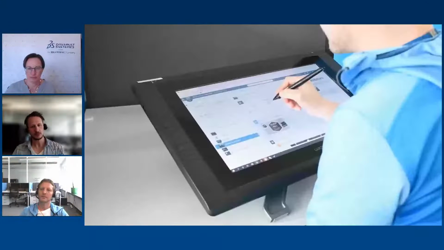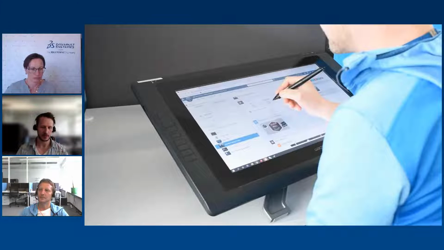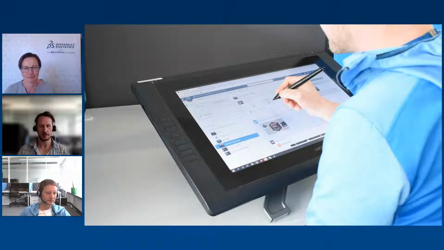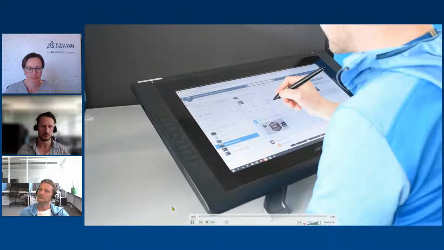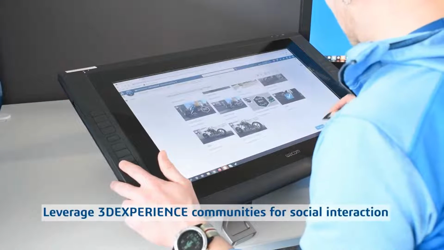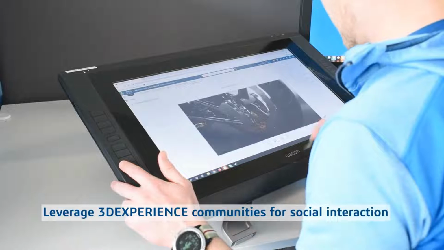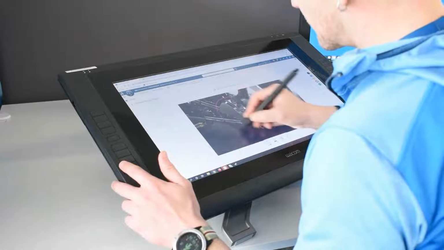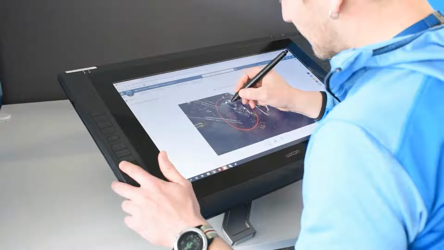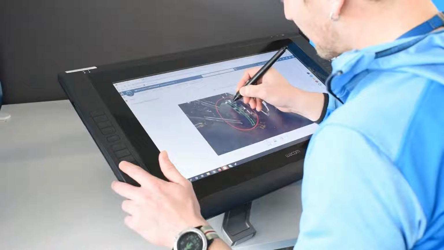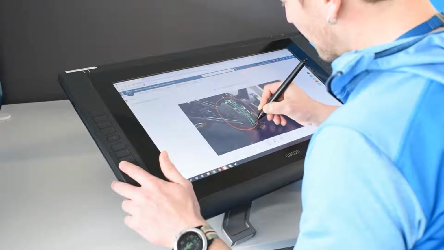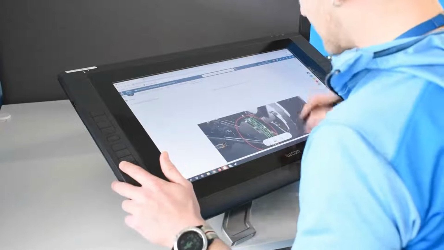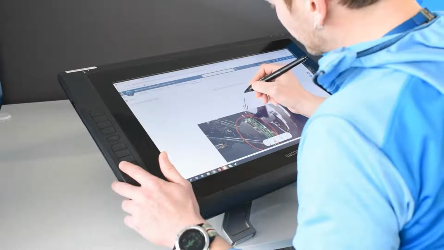For that, we need to go back to CATIA V5, as this is the main environment for all our users to do design changes. We are also using our 3D Experience swym communities and capabilities, like the dashboard Michi mentioned already, to collaborate with each other. Michi is sketching here a new design and says, okay, let's change the design. He wants to change something